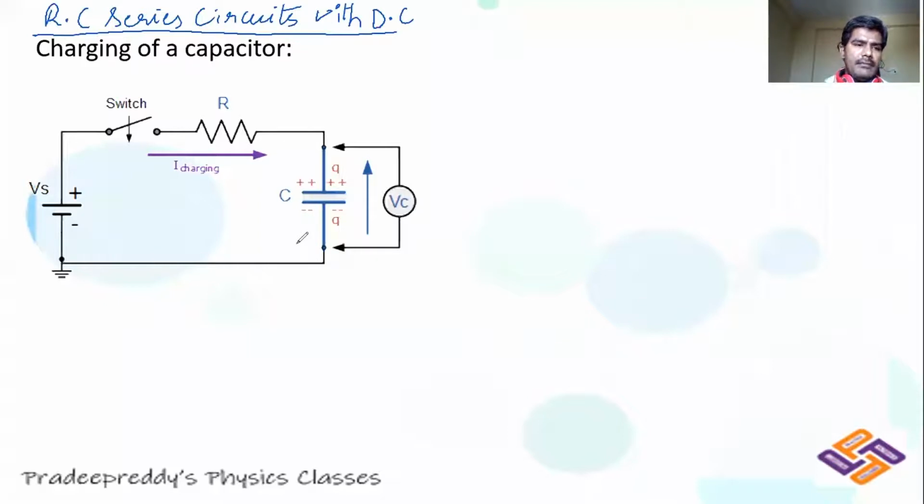Now you have a battery. This battery has voltage V. Let me consider it as, don't make it as Vs, it is V itself. And you have a resistor over there, and there is a capacitor over there. You have capacitor and resistor. And these two are connected in series with voltage V. R and C are connected in series with the battery.